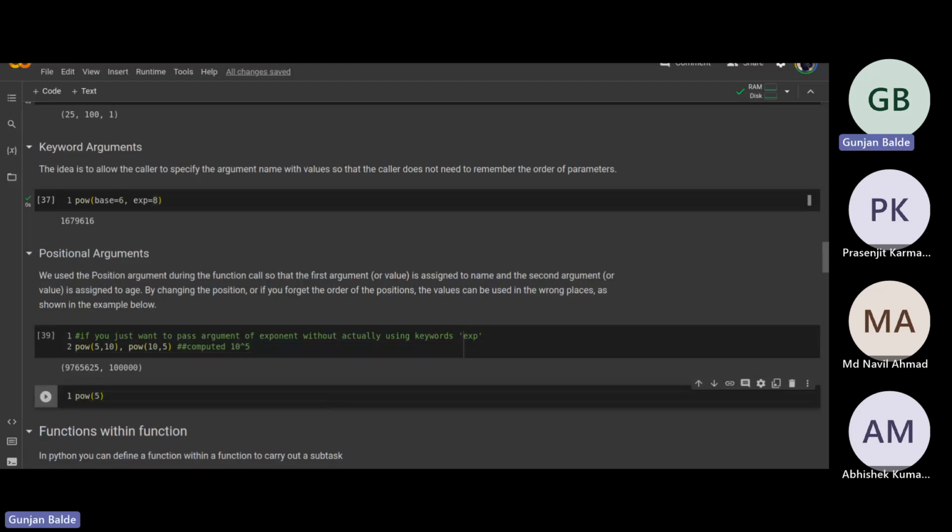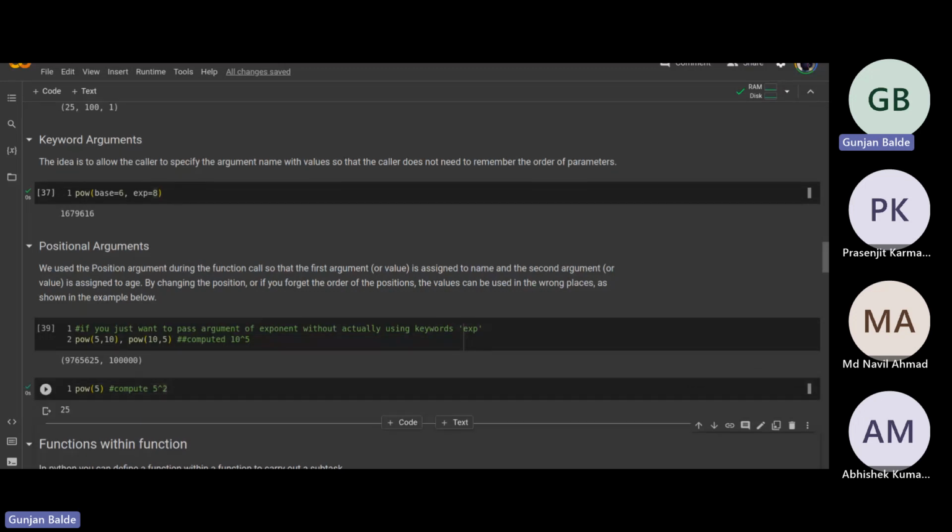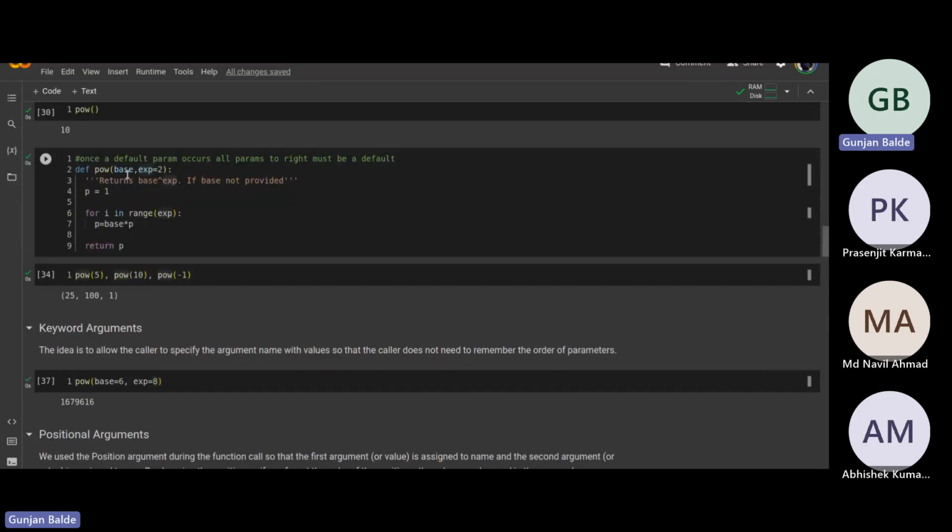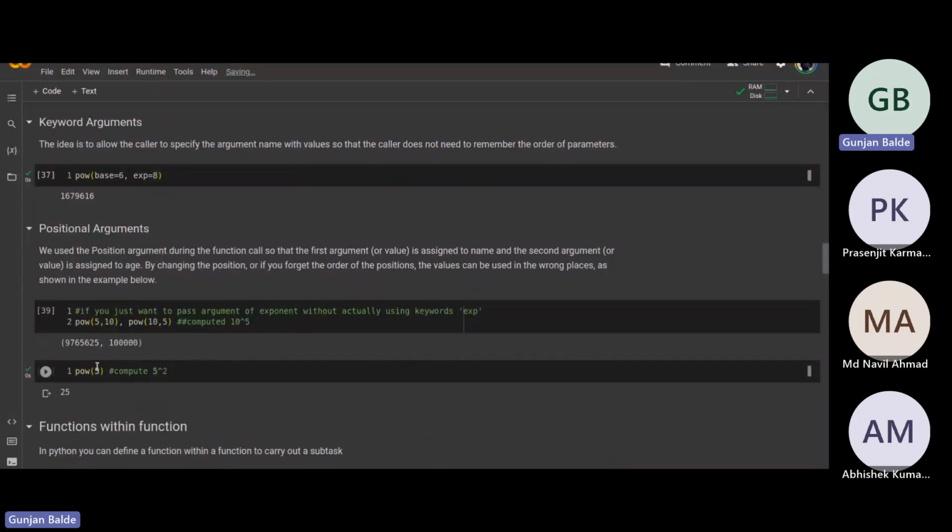So this will compute 5 raised to the power 2 by default, because we are just passing the base. We are not passing any exponent. If I just run this, it will compute 5 to the power 2, since exponent is by default defined as 2, and Python assumes that you are passing the arguments sequentially one after the other, so the base is translated automatically as 5